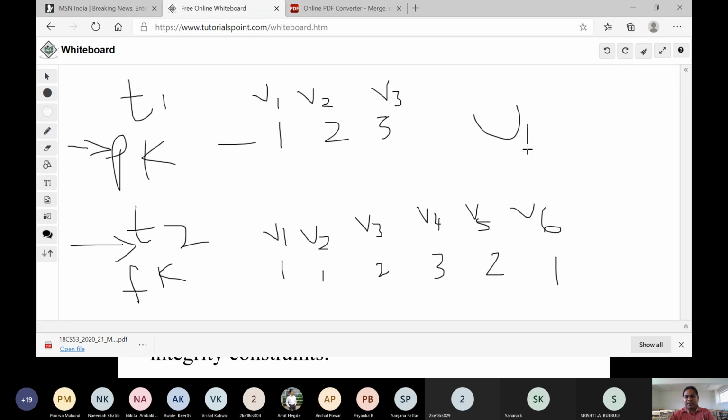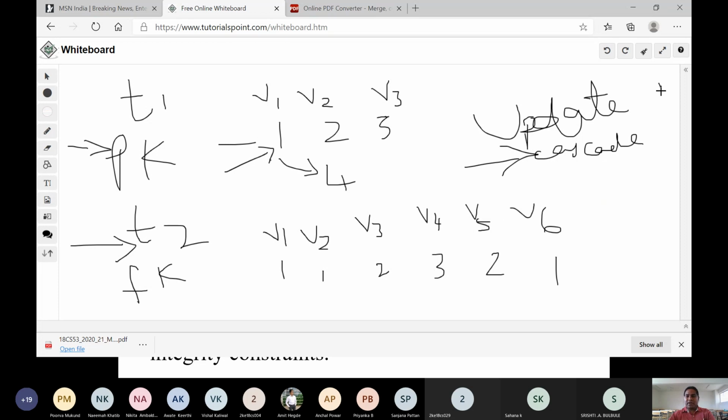Imagine for update I did not set any constraint as cascade. Imagine I did not write any cascade constraint for the foreign key. Now when I try to do updation here, imagine I want to change 1 to 4.